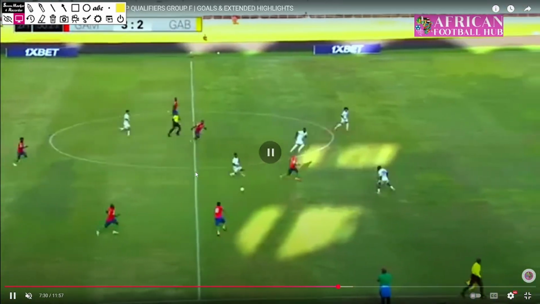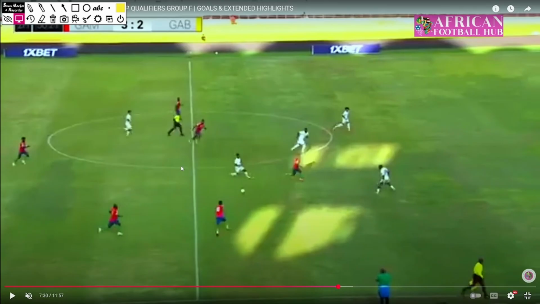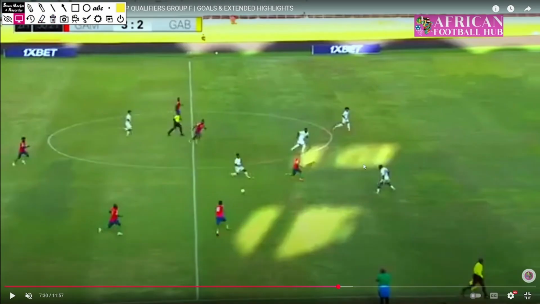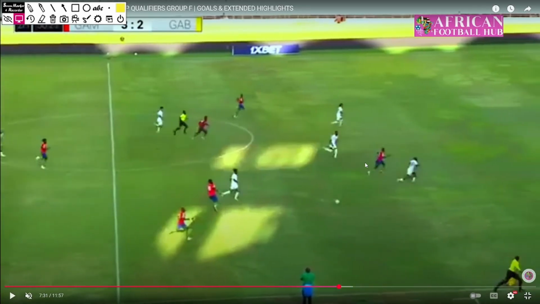All right, so the chance that is about to be played is really funny because it's a lot of pinball. He's identified the gap in between here, and he's going to run through it. I do believe he can do a better job at anticipating, because if he gets the ball, it's not much of a problem. He can't really score from there. And then what you might as well do is look to close off the pass and hope your teammates will be able to deal with the person that's retrieving the ball, right? And then look at what he does as the pass is about to get played. He stops, he turns, and then